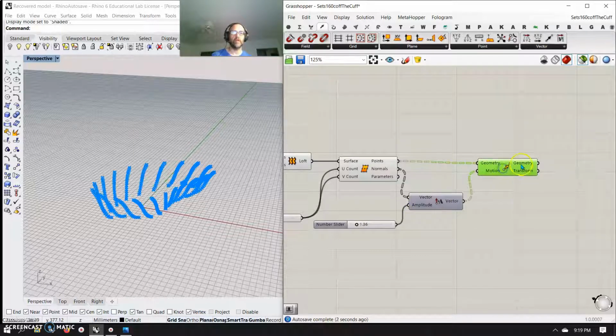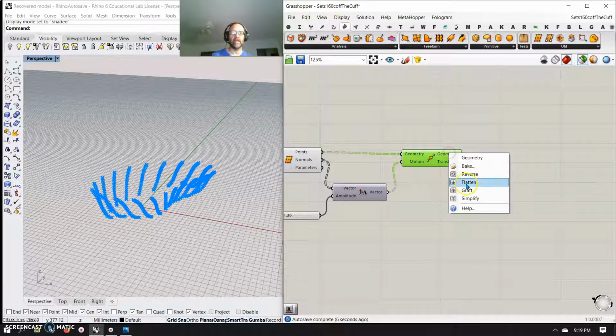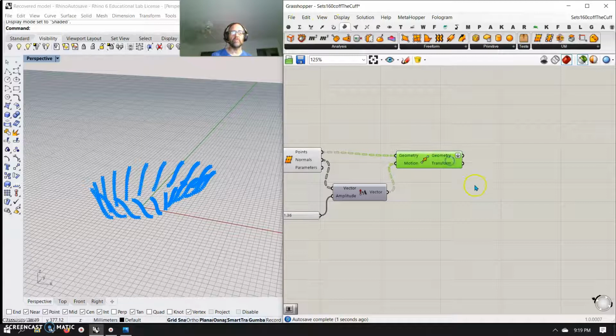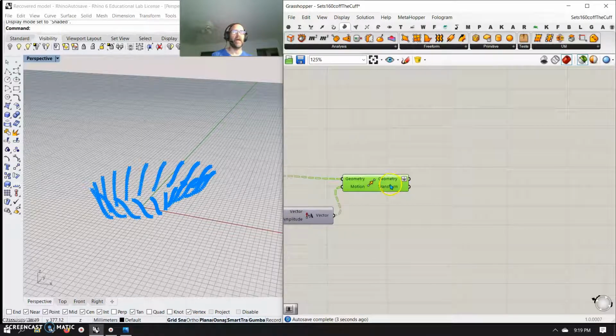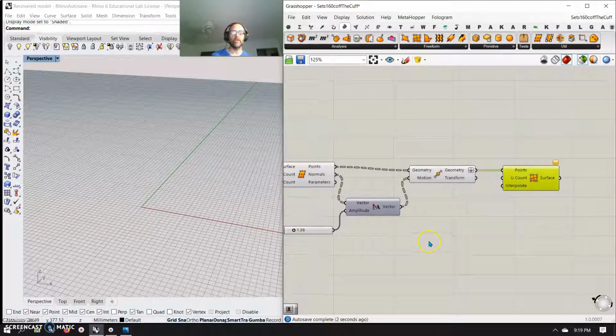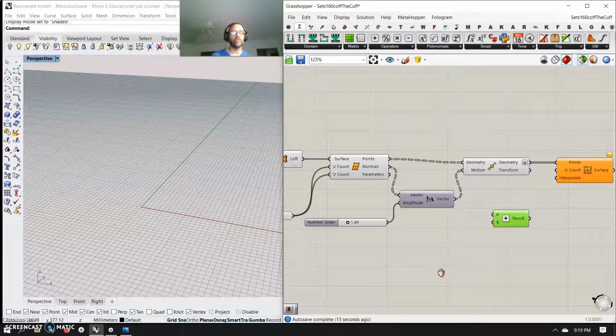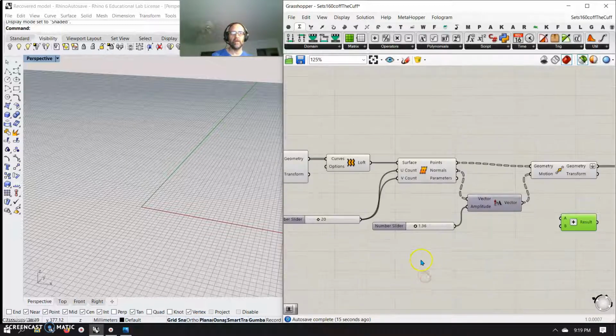We've moved that geometry. Now, any geometry that I want to remake a surface out of, I'm going to have to flatten that data. I don't usually flatten data. I'm not playing with Path Mapper, but I will flatten it that way. And I'm going to reconstruct my points, surface from points, and I'm going to try and match my data. And what you have to do here again is make sure everything lines up. So I've got to add 1 to my count. If I have 441 points coming in, the U count has to match what the other U count was. So if I go back here and grab my data back to